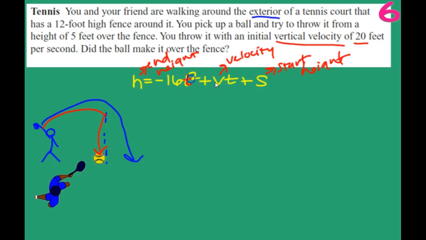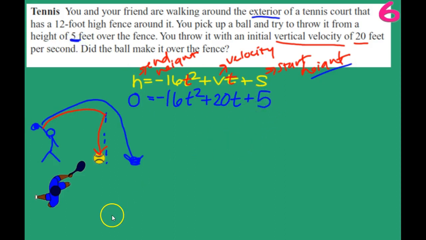We are trying to find t. If we can find t, the time it takes to throw it over the fence, that means it will have landed on the other side. So a couple things we know. We want it to end on the ground on the other side, so our ending height is going to be 0. Then we have negative 16t squared, plus our velocity. We threw it at 20 feet per second, so 20t, plus our starting height. Our arm is starting at 5 feet,